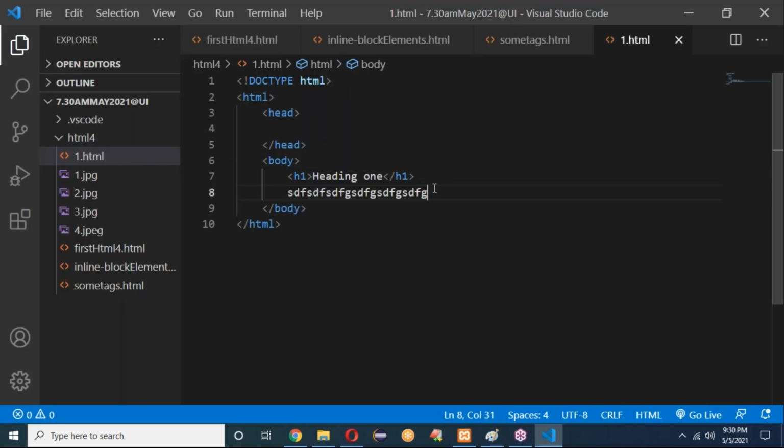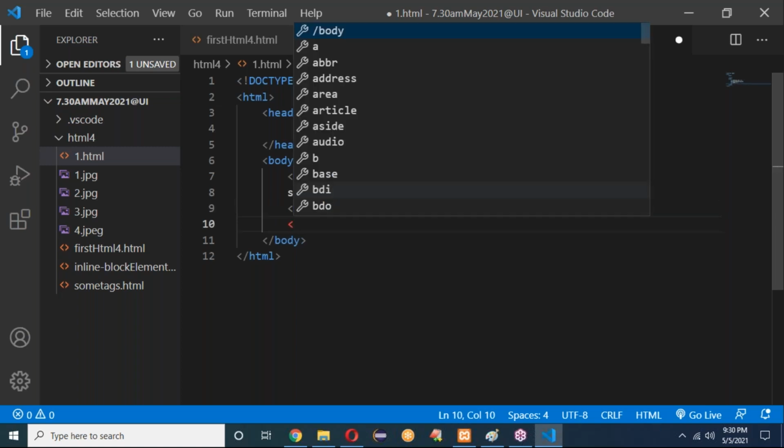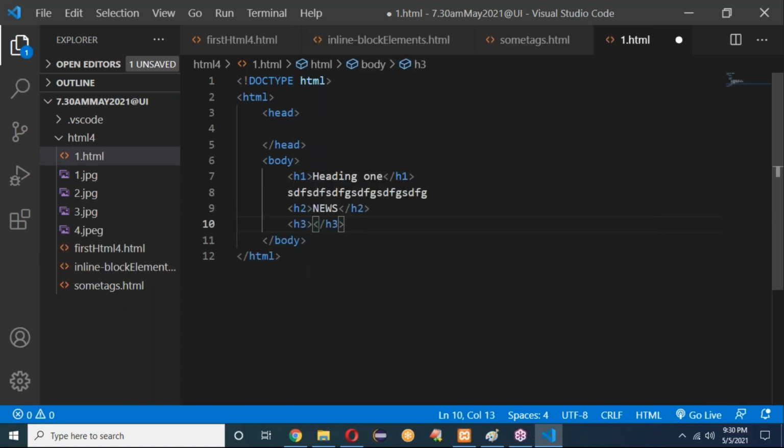Like that, we can write up to H6 tags. In the H2 tag, here I'm writing news. Next, in the H3 tag, I want to write about COVID. Then in the H4 tag, I want to write about politics.